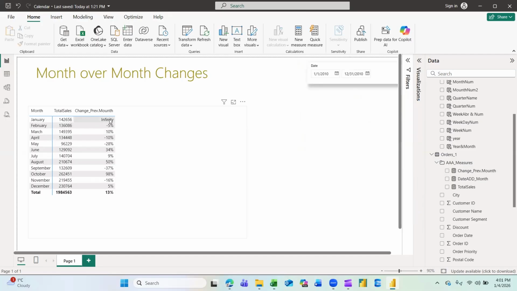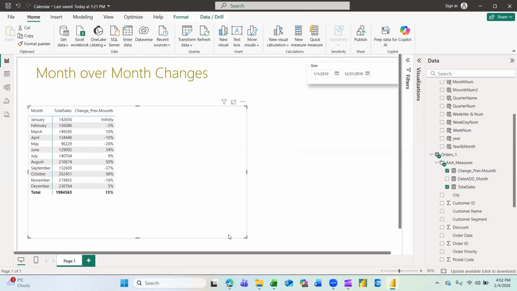Then we have a minus 5% drop in February if we compare with January, then we see an increase here in March of 10% from February. It will always take the percentage change from the previous month. So if we look at June, we have a high increase of 34% from May and so on.